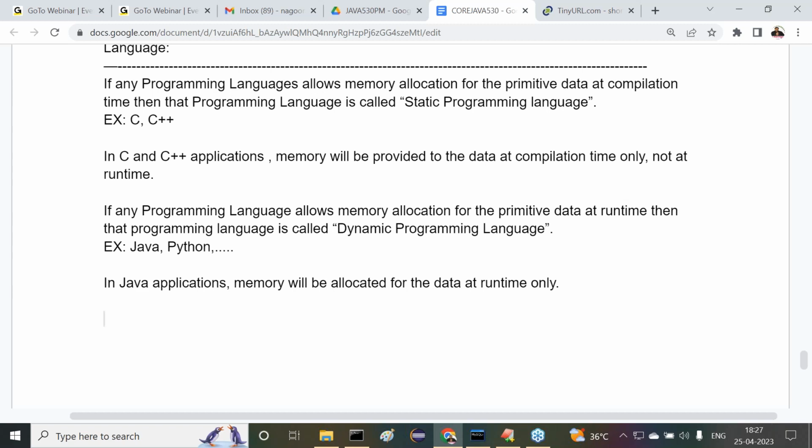Data will be accommodated inside the objects only in the case of Java. So in Java, when objects are created, then only data is going to be created. So memory will be created for the data at runtime only. Because of that reason, Java is exactly what? A dynamic programming language.